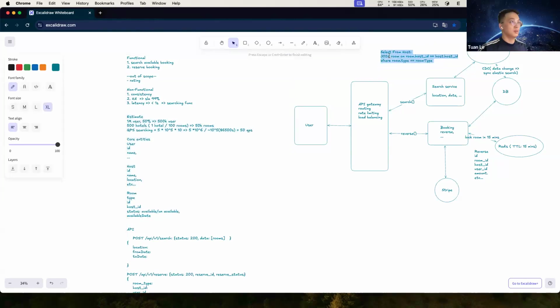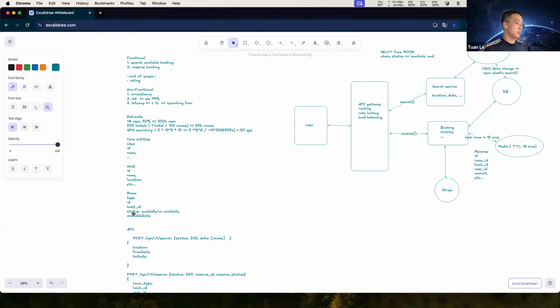So I want to get from the room where status equals available and the available date, right?